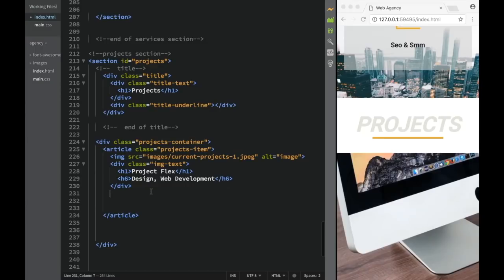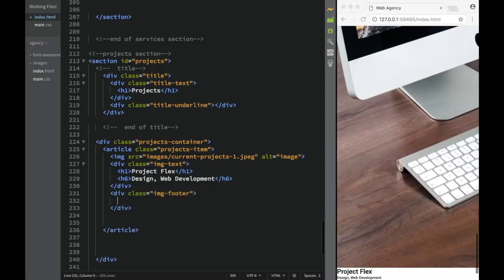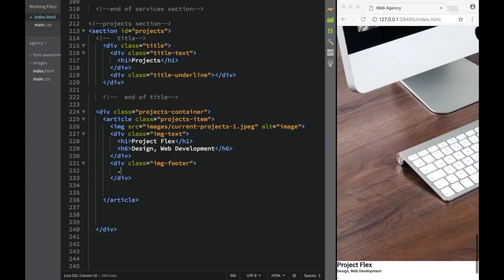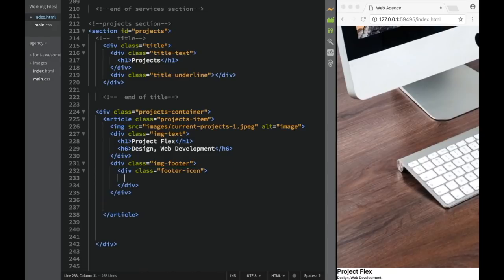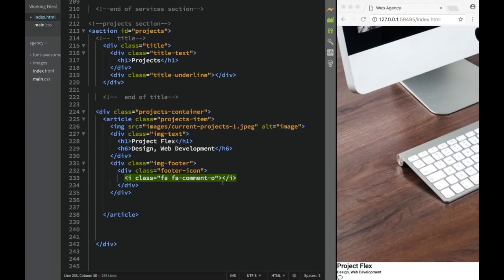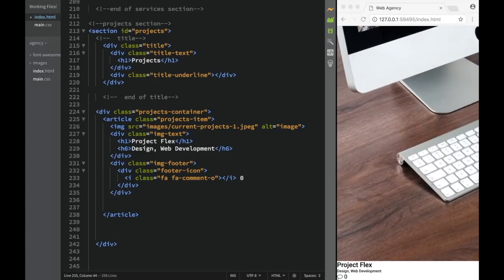And then once the actual image text ends, we're going to have an image footer. And over here we're going to have a div. This is going to be image footer, and here the first thing is going to be footer icon. So we're going to say over here div, and this is going to be footer icon class, and within this footer icon we're going to place a fa comment. So fa comment o like this, and then right next to it, we're going to place 0, like this,